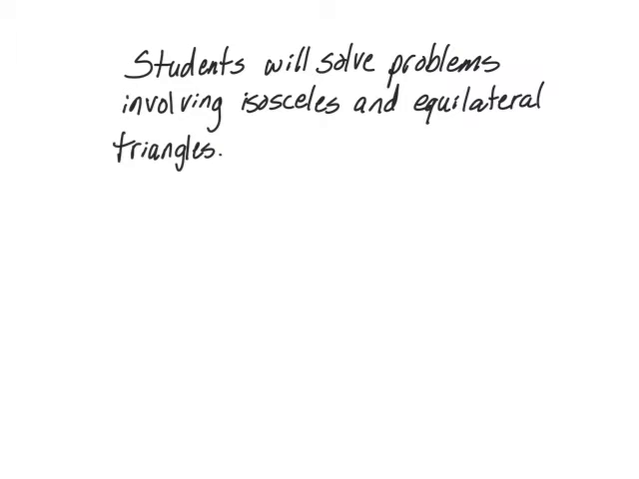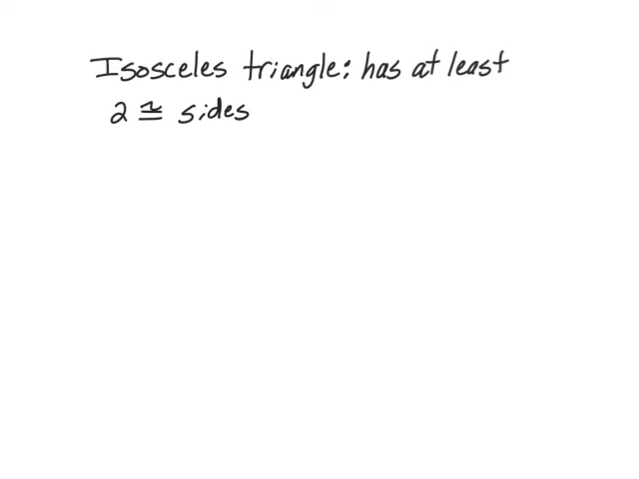In this lesson, students will define isosceles and an equilateral triangle and then solve problems involving those triangles. Okay, so the definition of an isosceles triangle, the official definition, is a triangle that has at least two congruent sides. So if I were to draw an isosceles triangle,